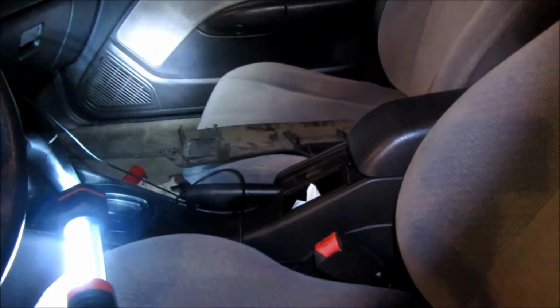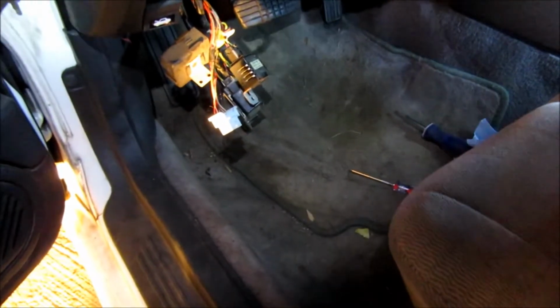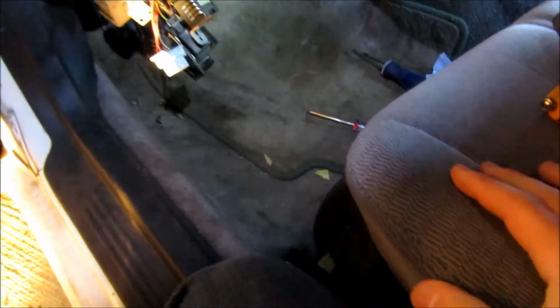It looks like all the screws were the same size, so it shouldn't have made a huge difference, but I put them in there just to not get them confused. So I mean, these are still slightly going to be in the way, but I'll be able to move them out of the way. So the next thing I'm going to do is take off this kick panel here,